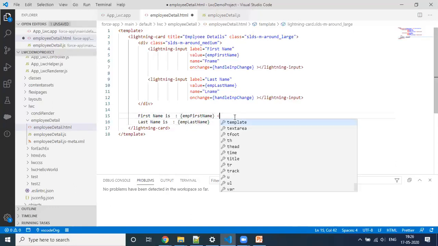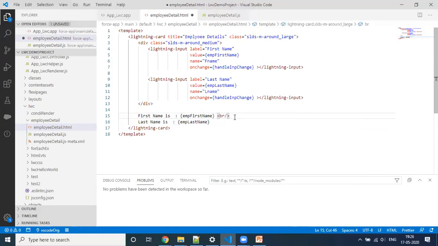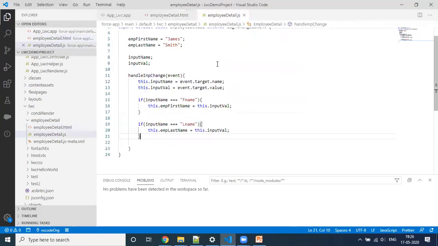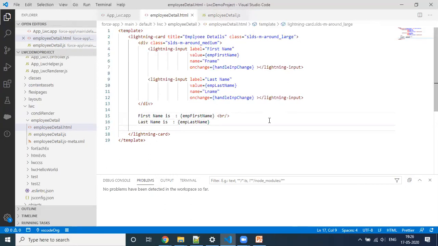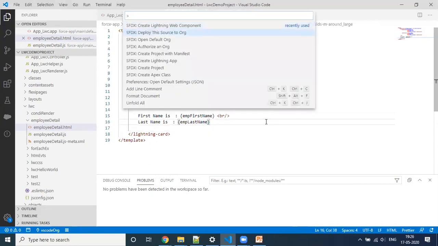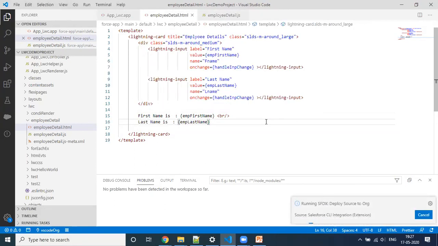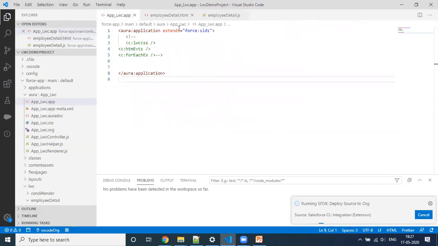Let's give a break here. Let's see how it works first. Let's deploy this to the source org, and meanwhile it is getting deployed, let me call this into our application.